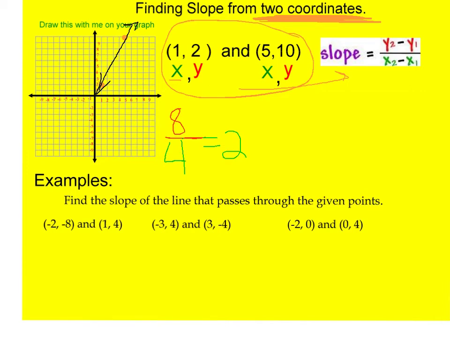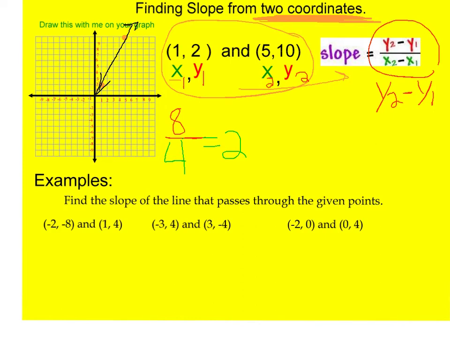First, I'm going to use this formula. So it says y2 minus y1. Those are not exponents. They're actually written down low. They're called subscripts. And so I have a y here and I have a y here. Guess what? It does not matter which one you call y1 or y2. But let's call this y1 and this y2. If you do that, then this has to be x1 and this has to be x2. You do have to be consistent once you